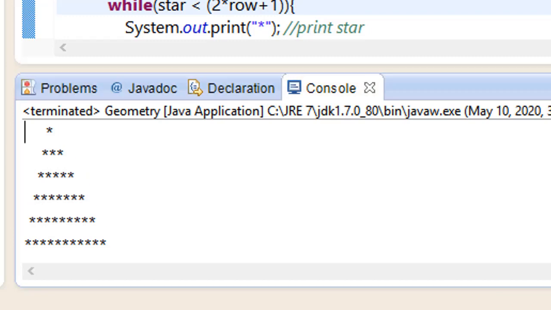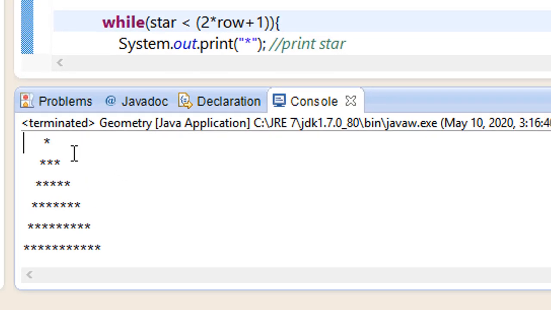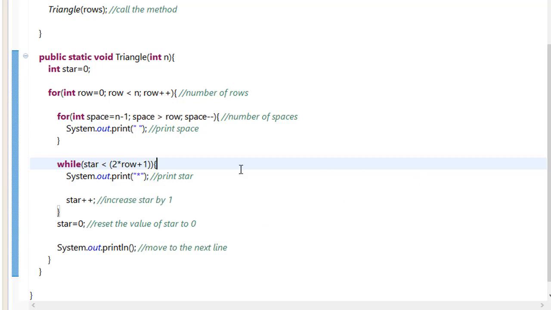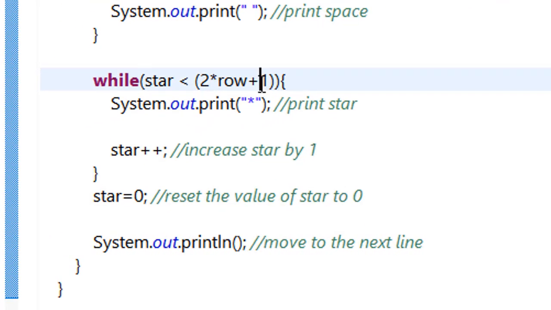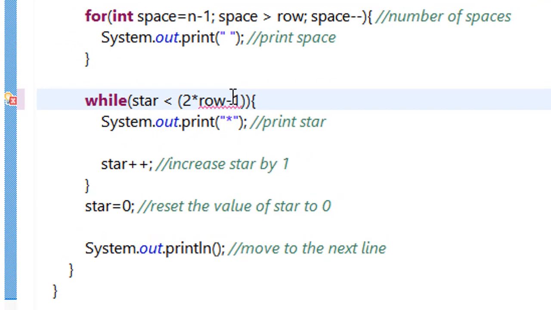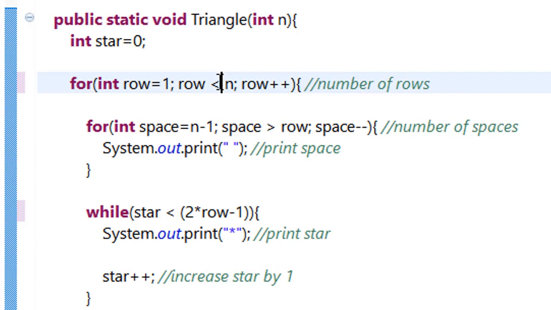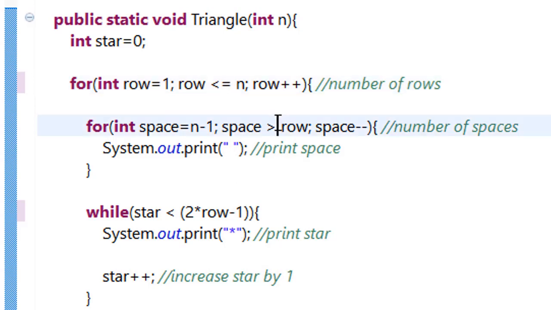Okay, so we have the same program here and we have the same answers too. Now we can still make some modifications here as we did in the for loop. You can change this to minus if you want, and when you do that, you also have to change the row number to 1, and you bring an equal sign here to make sure that the iterations happen. Where you see the greater sign, you add equal to,